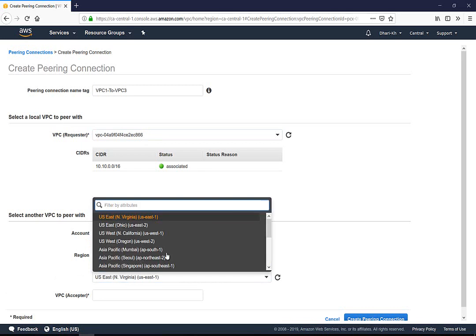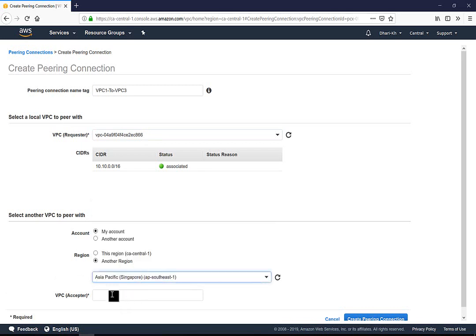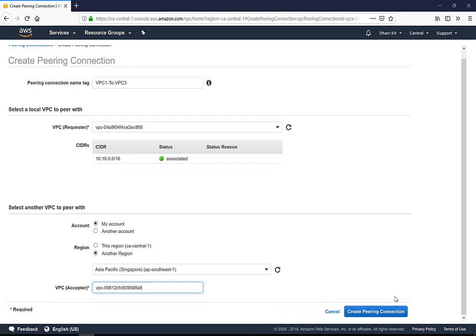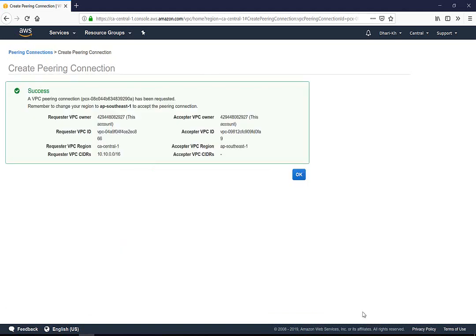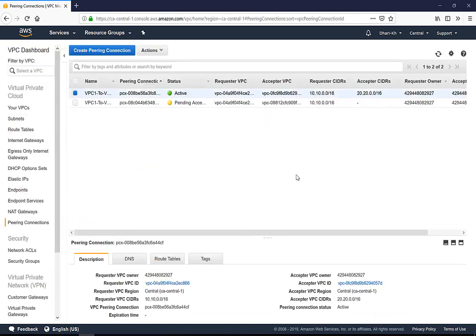They ask which region? I say Singapore, which is that one, and they ask me here for the ID, so I just put the ID here for Singapore. Then after that I say create peering connection. They say yes, these are the details for this peering connection. I say okay. As you can see, it is pending, because VPC1 in Canada here is the requester,